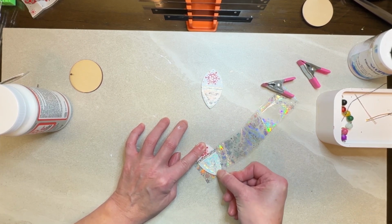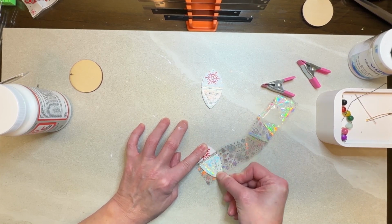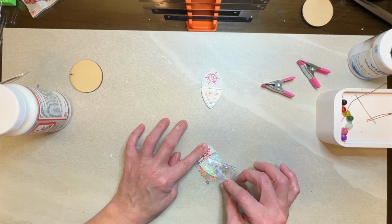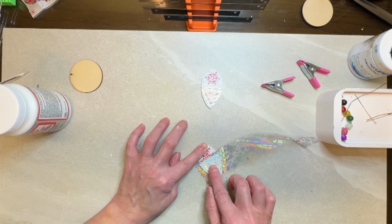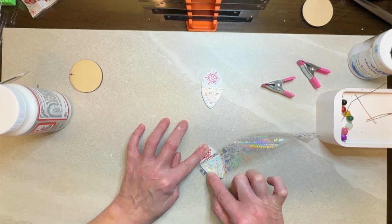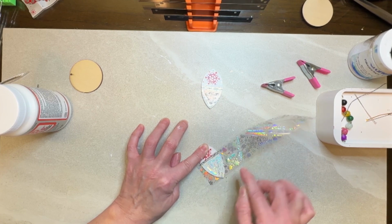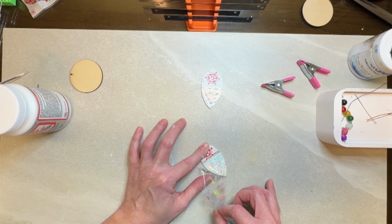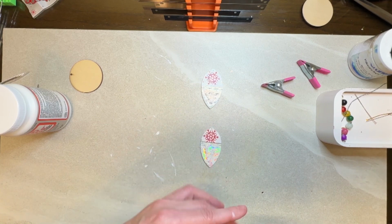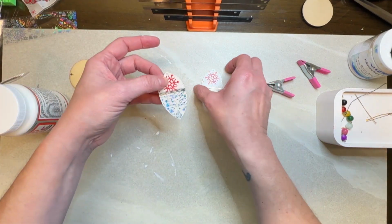I'm just using my fingernail to really press down on this. And you do not have to pull this off fast. I know a lot of people say, oh, rip it off real fast. You don't have to do that. So there is our two